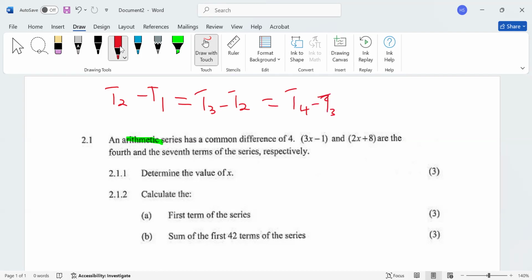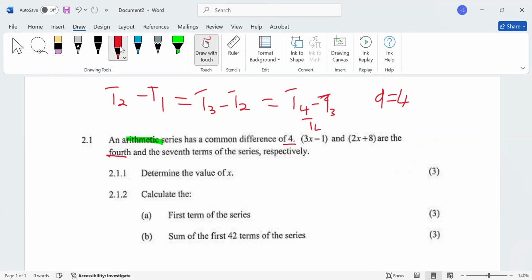So as soon as they give us arithmetic, we might be asked to use that to our advantage. Because I said this thing here is an arithmetic, we're going to continue with the statement. It says it has a common difference. Yes, the common difference is d. So they told us which one is d. d is equal to 4. So this thing here has a common difference of 4. And then they say 3x minus 1 and 2x plus 8 are the fourth